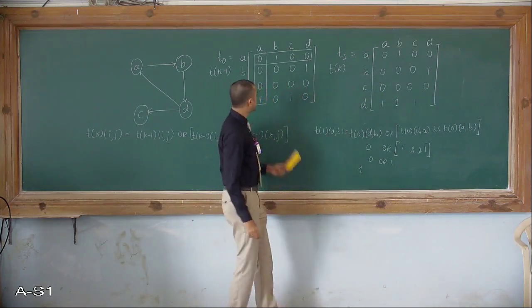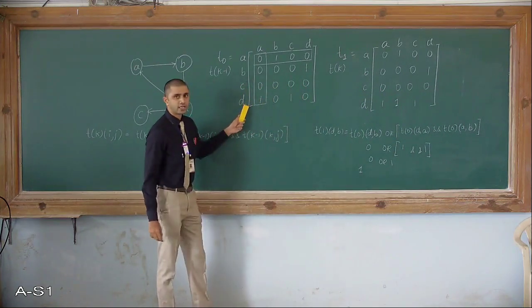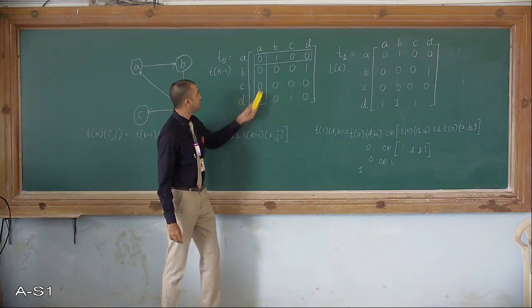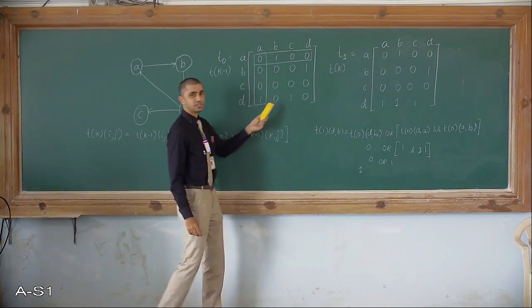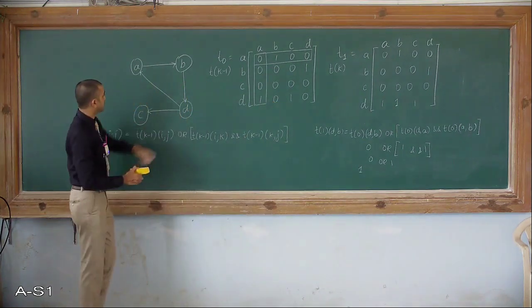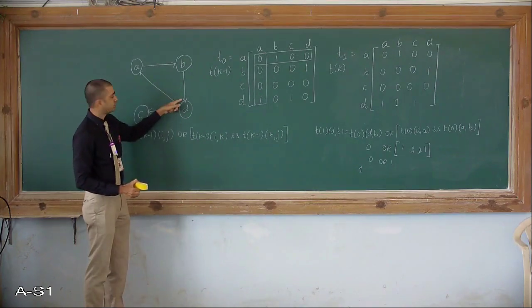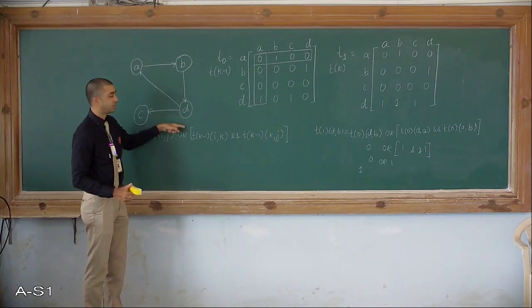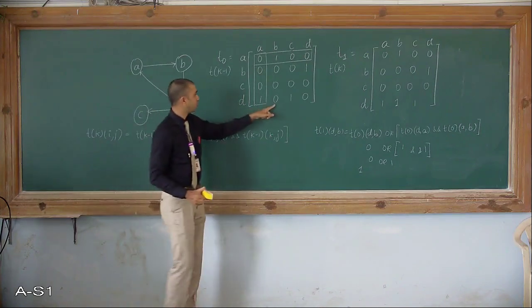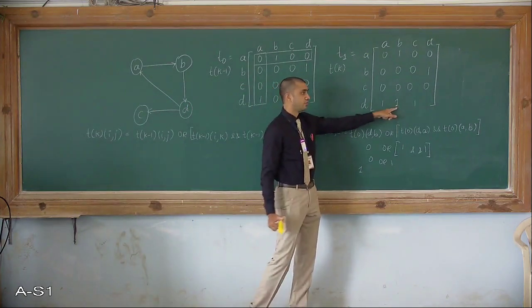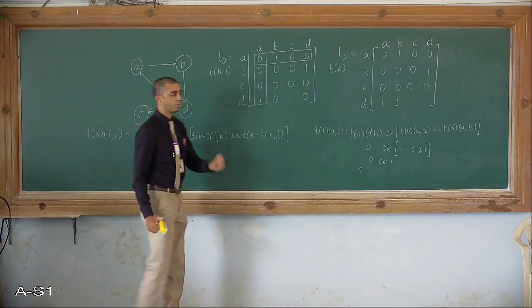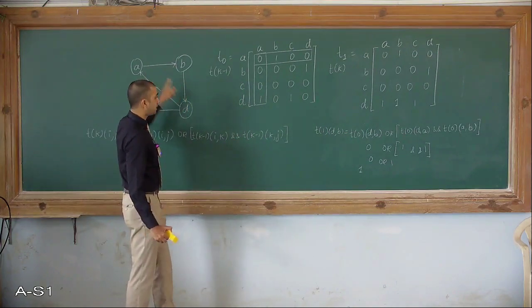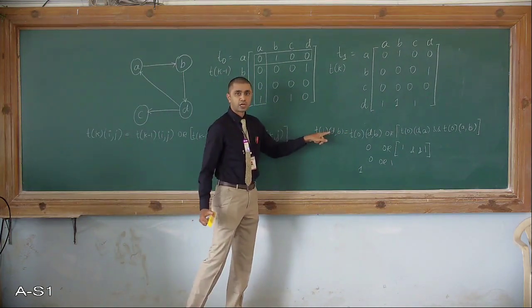Which means there was no direct path or no direct edge between D to B in this adjacency matrix here. D to B, did I have anything? No, because the direction is from B to D. So I had written D to B as 0. It has got converted to 1, which means using an intermediate vertex A, I can reach B starting from D.